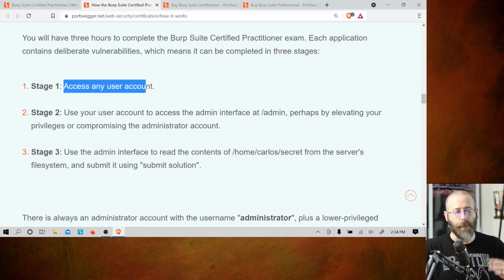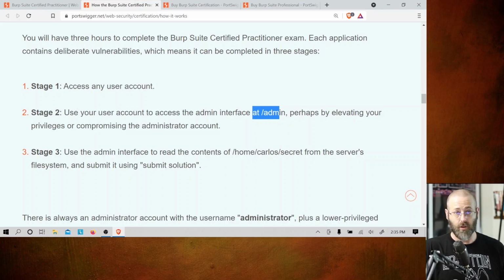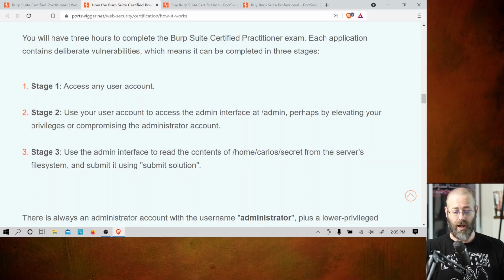So A, I'm going to be looking for some regular user accounts that I can manipulate, exploit, do something with, gain access through that account. I'm going to have a low-level account first, and then stage 2 is going to be use my user account to gain admin access, either to the /admin interface for the web application, or by elevating privileges of a compromised account, or compromising the administrator account directly. Right? Then stage 3, use the admin interface to read the contents of a specific file, which is called secret, which is located in